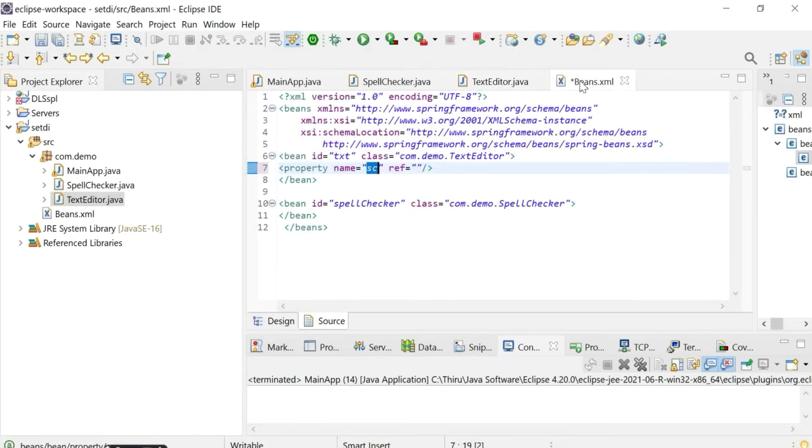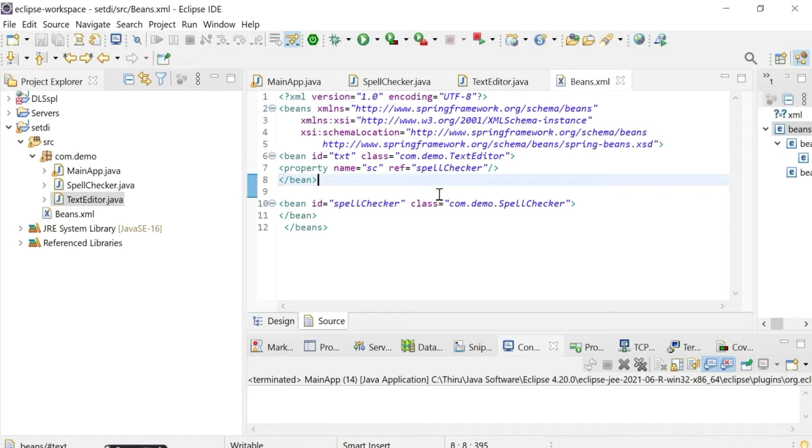That's the reason we give the same here. You just copy this and assign it as the value. That's it. Now we have configured the beans in the beans.xml file.